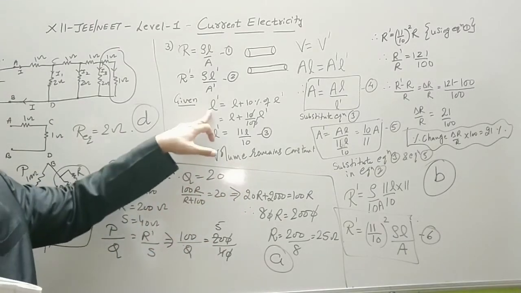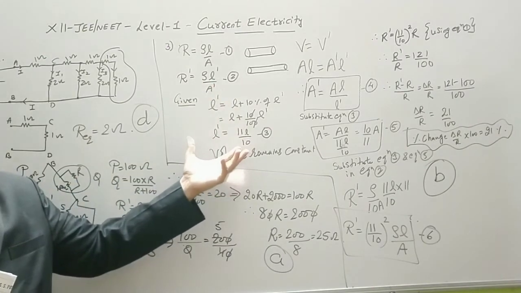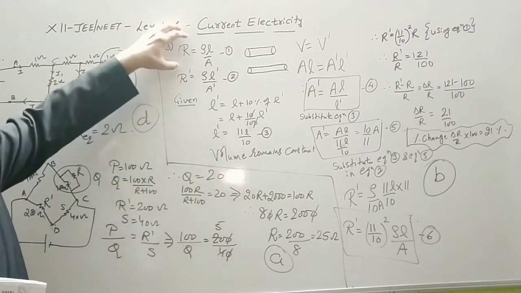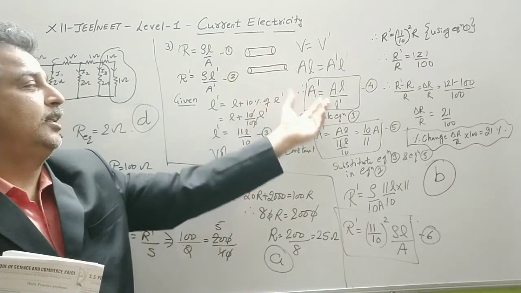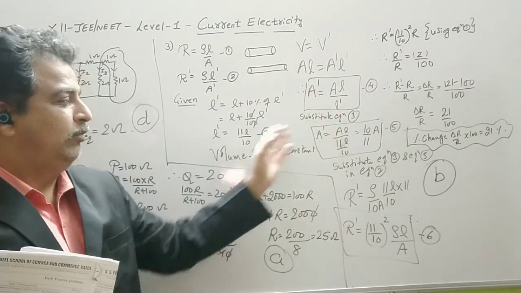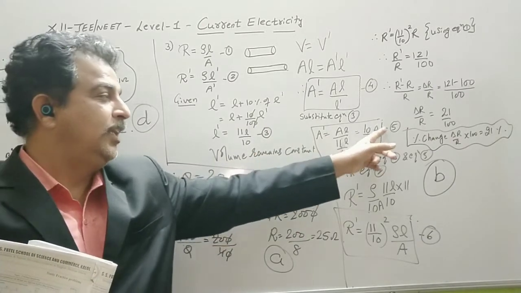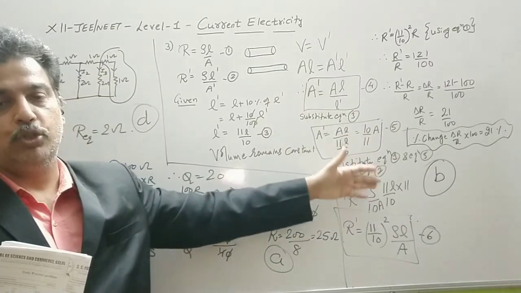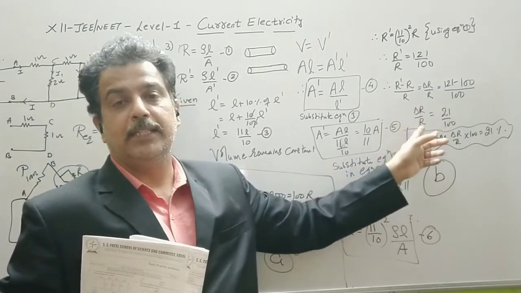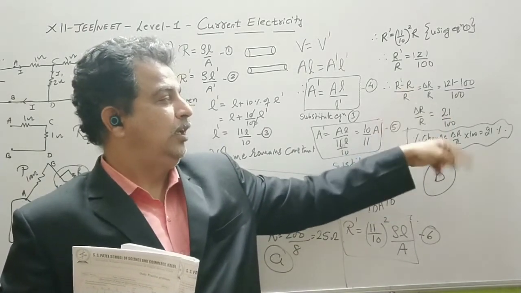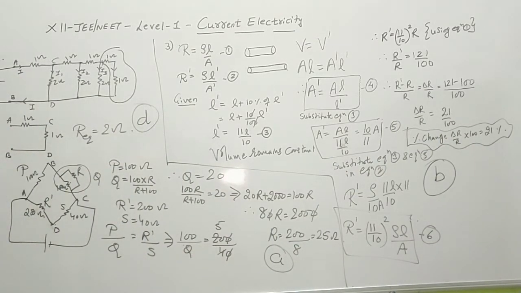So sometimes the length is given, the length is increased or decreased. Sometimes area is increased or decreased. So you remember the steps: equation 1, equation 2, whatever is given, then the volume remains constant. Find the other value. It will be inversely proportional. If length increases to 11 L by 10, the area becomes 10 A by 11. Substitute and find out the percentage change. Remember, percentage change is the final minus initial upon initial, and in percentage you multiply both sides by 100.